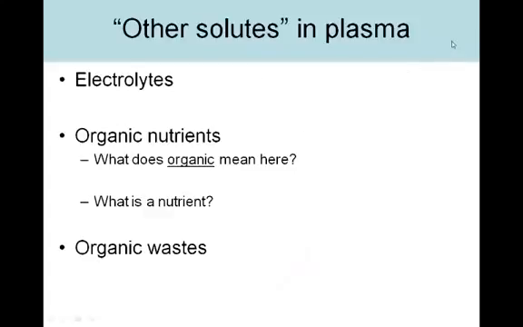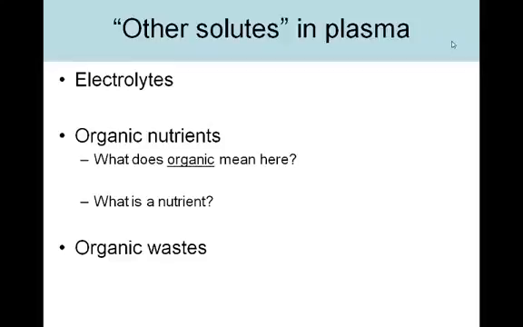So these are things that we find in plasma that aren't proteins. They include electrolytes, which you've probably heard of. When I hear the word electrolyte, I often think of Gatorade. So electrolytes are found in Gatorade. Electrolyte, as in electricity, these are charged molecules. Things like calcium ions and sodium ions, potassium ions and phosphate ions. So all of these ions have charge. They can carry electricity, hence electrolytes. So we're going to find a lot of these in blood plasma.